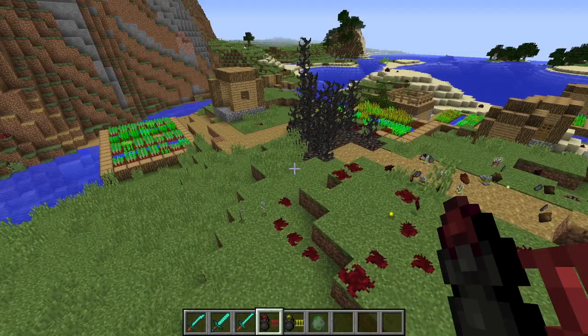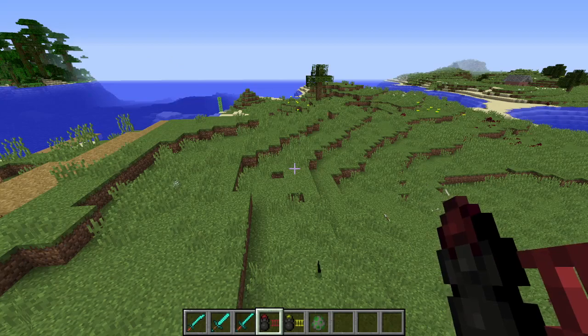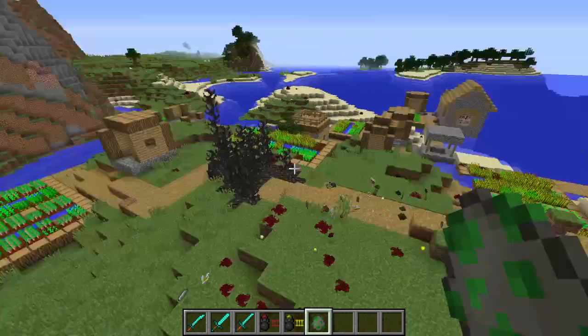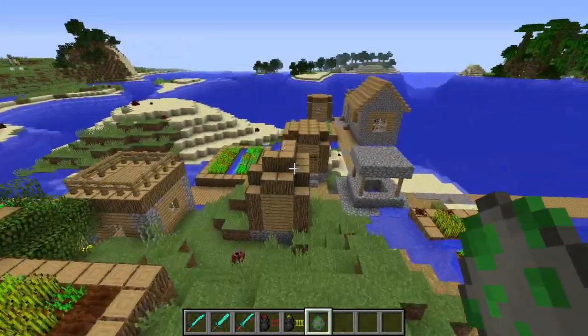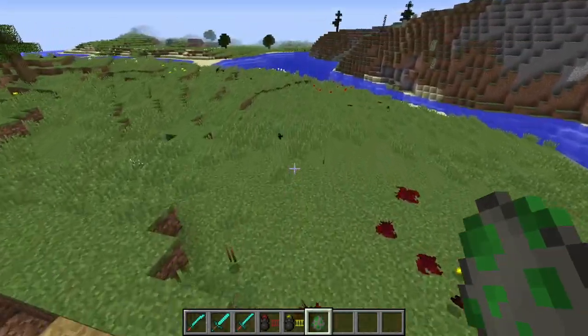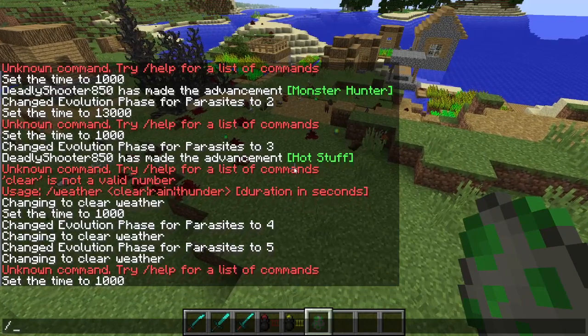Alright, and I believe the Koth effect actually cancels out. Like, I think all parasites will go back to normal. I think. I don't know for sure, but yeah, even all the villagers disappeared. They were all clearly infected. I'm not seeing any parasites, so I think we might have to reset a phase back to...